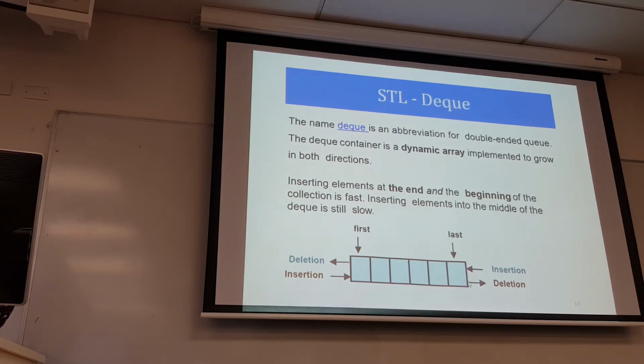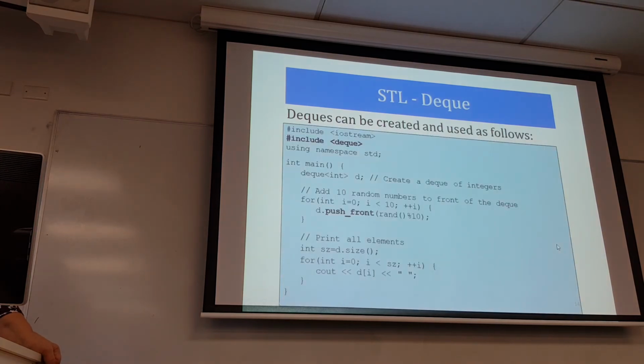But again, the elements are linearly stored. As you can see, working at the ends is fast. Inserting in the middle is slow. To work with a double-ended queue, you include the proper file, and as you can see,